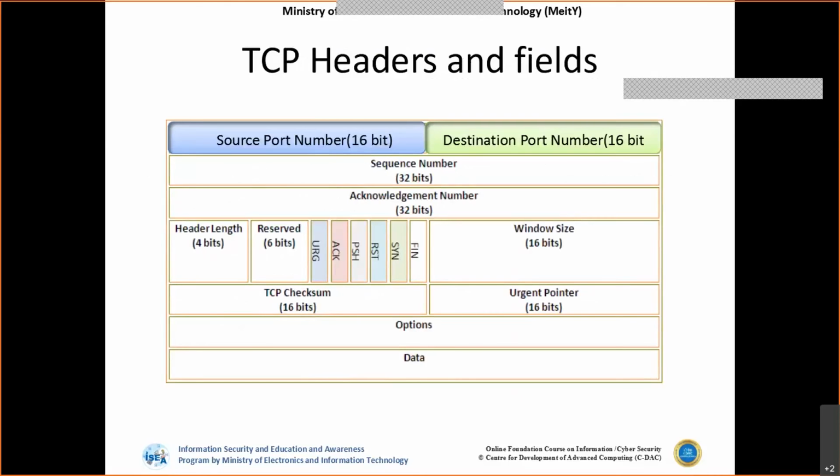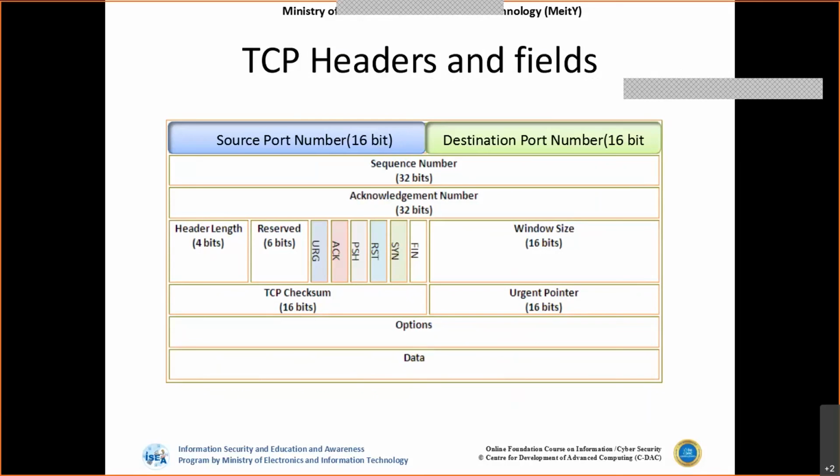So this is how the TCP header looks. We have the source port number, the destination port number, and the sequence number. This sequence number is very important, because whenever we start the communication, we use this sequence number to denote what kind of communication it is. This sequence number will be used to know the initial packet that has been raised and to also understand the acknowledgement received from the destination. And the second thing is the acknowledgement number. Usually this acknowledgement number will be an increment to the sequence number in the previous packet.